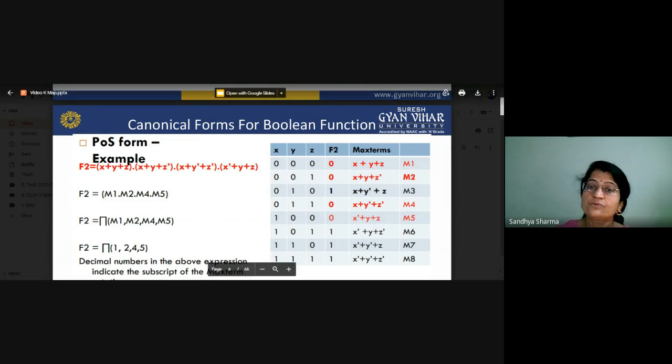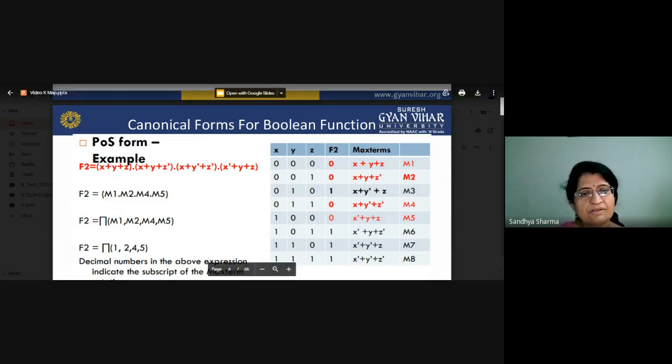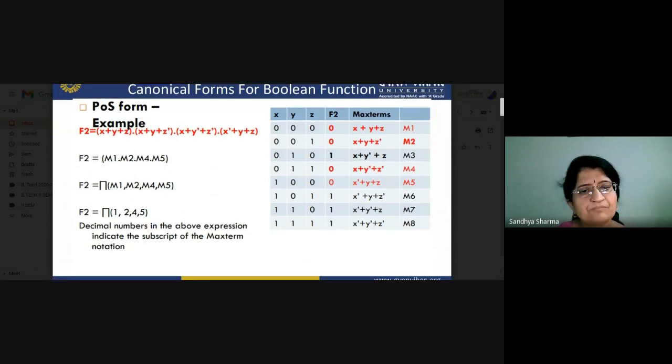So that is basically f2, a function. There is a slight difference in this type of example. What we have to see here is in which functions we are receiving the 0. That will be represented as max terms. In the previous examples that we saw, it was represented as min terms. That is the sum of product and this is the product of sum. So if sometimes you are given the product of sum, you will write it as M1 M2 M4, in this format. So that is a basic simple equation form.